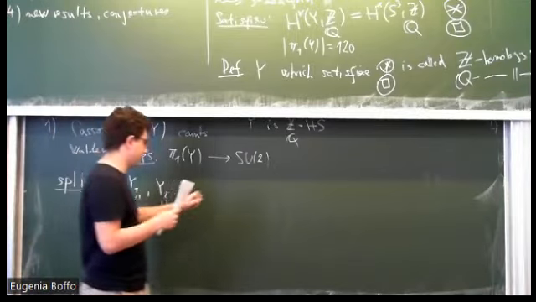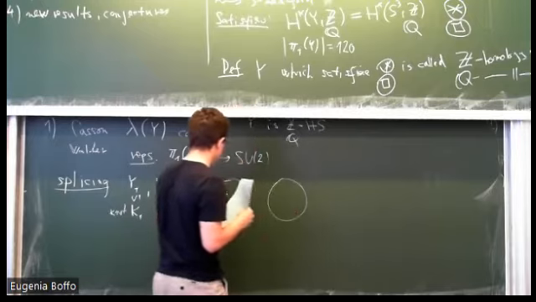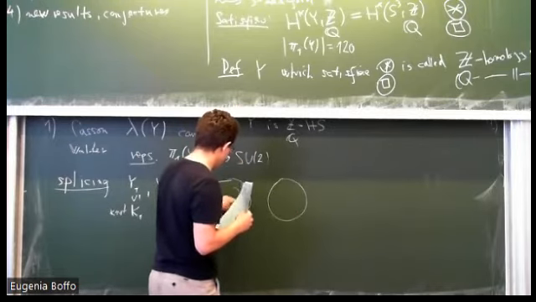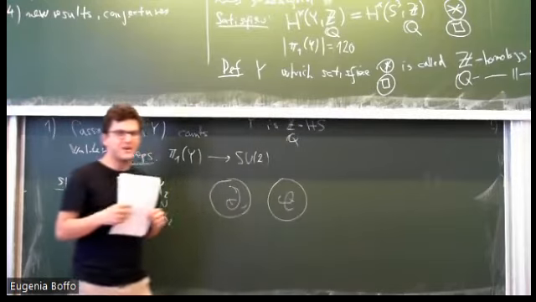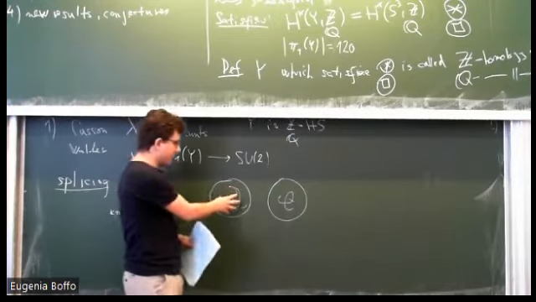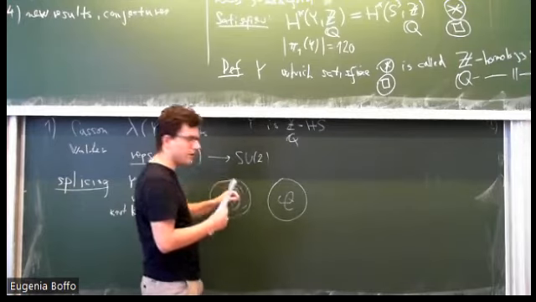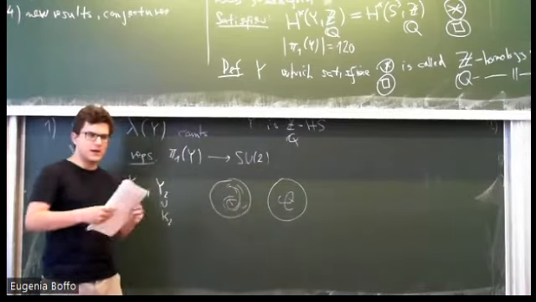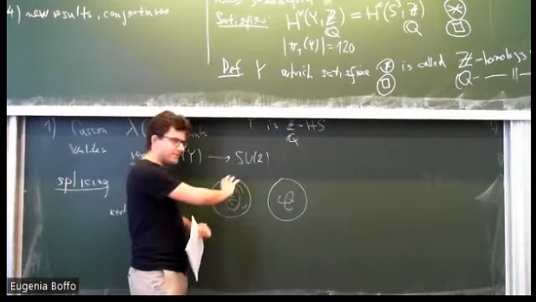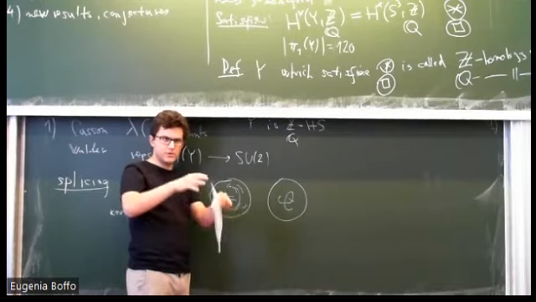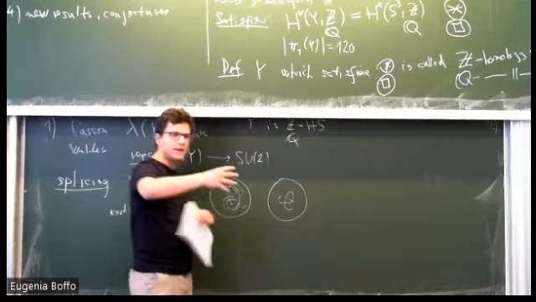I take these two manifolds, I have some knot here. I don't know how to draw knots, so I will remove a neighborhood of the knot. So I will remove a solid torus, and then the boundary is just the usual two-dimensional torus. I will do it with both of them, and then I will glue